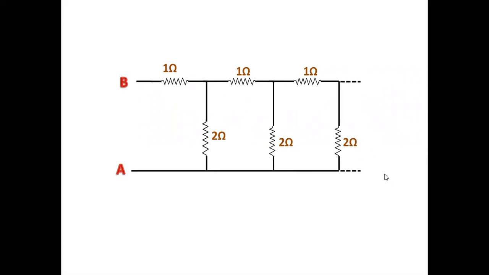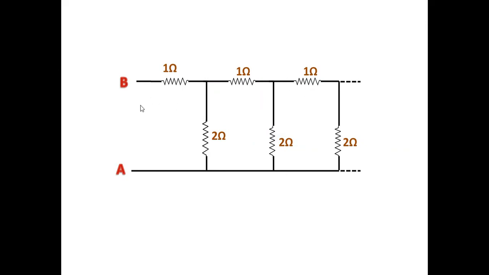One such type of problem is already discussed in one of the classroom videos, and you may be remembering it. This is a little bit different. In the classroom discussed question, there was a resistor here also. Now we don't have any resistor here. So we have an arrangement where you have ladders like this.